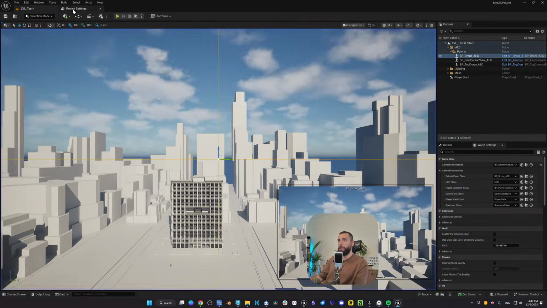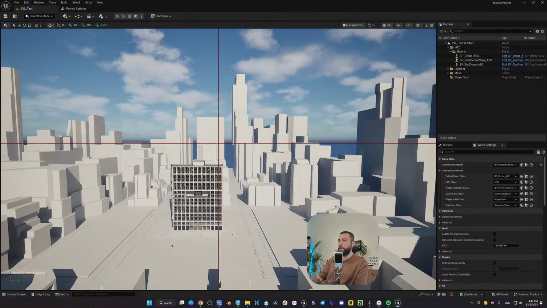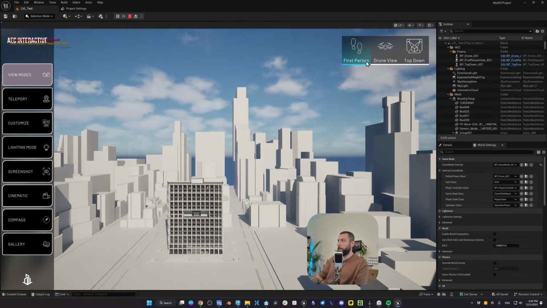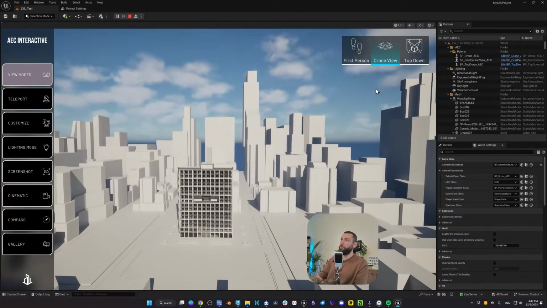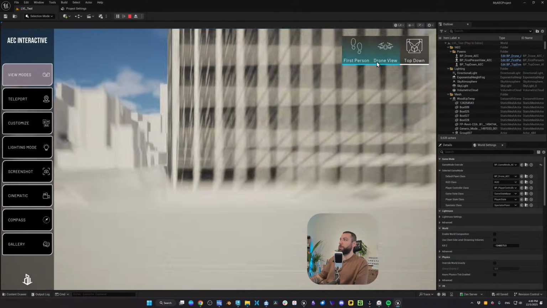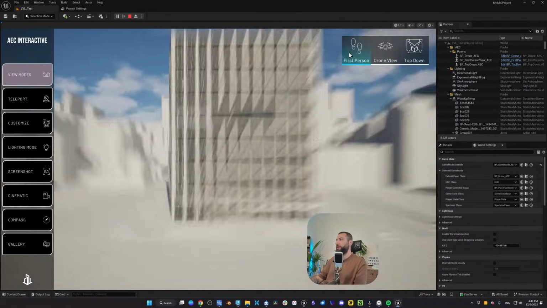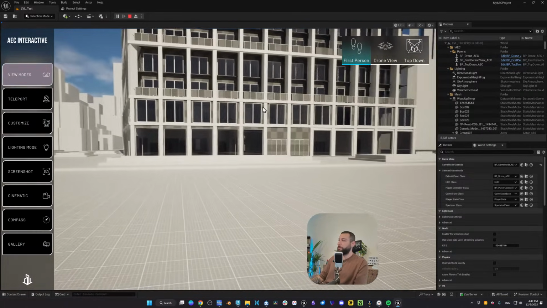Did I forget anything? You have the game mode. Let's save. Let's click on play. Yeah, when I click on the taskbar, this should have the drone activated, and for some reason it's not. So that's something I need to look into and have a hotfix for. So yeah, this happened, even though I spent the whole day working on it, but it is what it is. Unreal Engine can be Unreal. Okay, that's fine. Now let's continue.